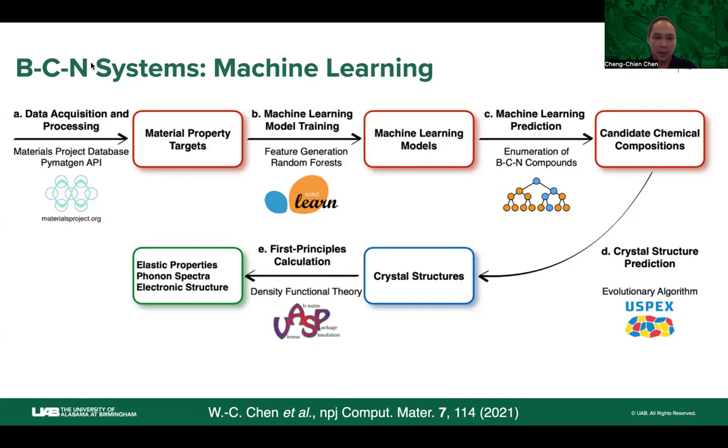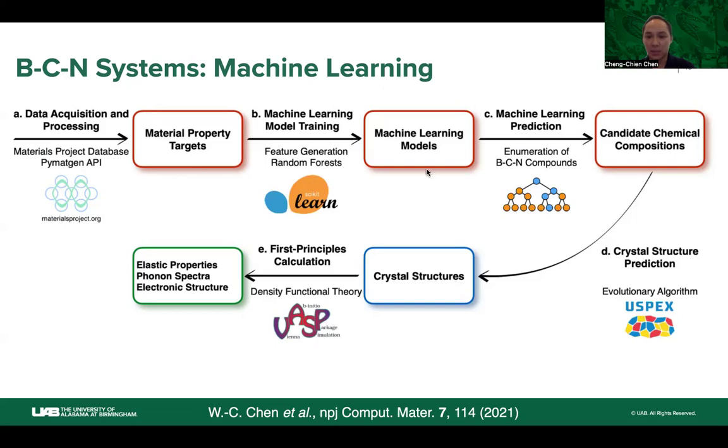For machine learning applications, the first step is to acquire data, right? So what we have utilized is the Materials Project database, which consists of lots of computational structures and material properties for a variety of crystalline materials. From this information, we can generate corresponding features, where we use only the compositional features to facilitate large-scale applications. And once we have the input data, the target value, and the features, we can train our ensemble tree models with the scikit-learn package.